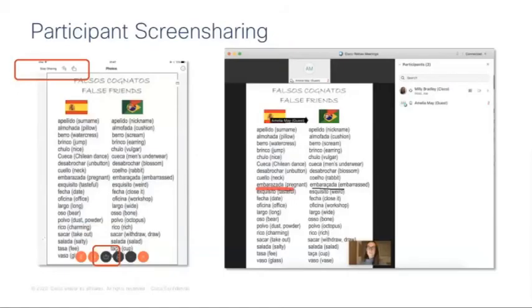Now, in some instances, it may be necessary that our participants share their screen, and that's absolutely fine. As long as we have this enabled and turned on inside our meeting, our participants will be able to share. So in this example, the iPad, which has joined as a guest in the meeting, is still able to share some content from their device.